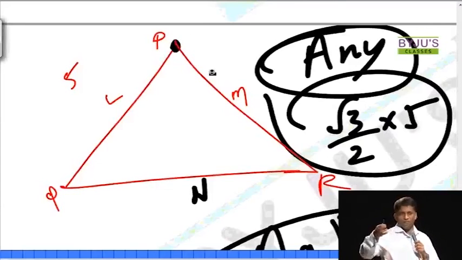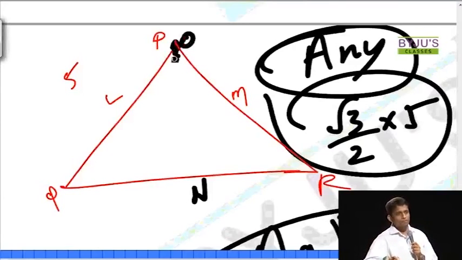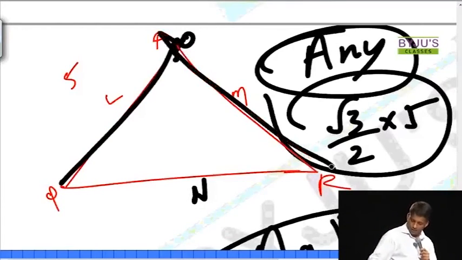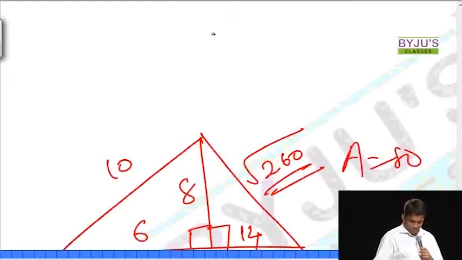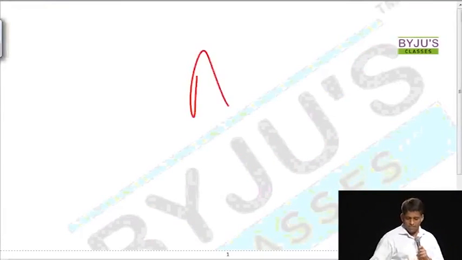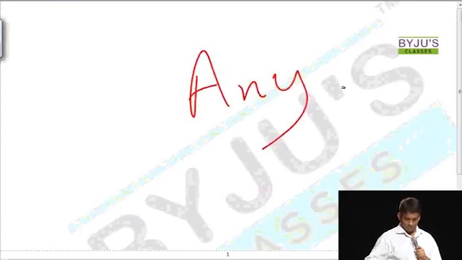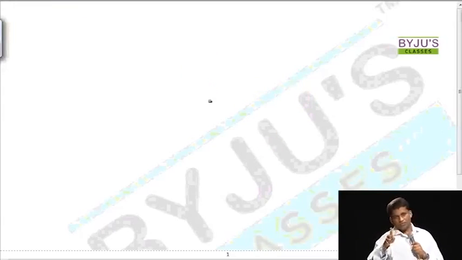You're sitting so far from me. It's not P equal to O, it's infinitely close to O. That is why the answer is infinitely close to 0, infinitely close to 0, and infinitely close to root 3 by 2 into 5. So we'll mark the answer as root 3 by 2 into 5. I agree it's a compromise, but that's what is required. Okay, so that's an easy question, but a flexible question. And both are one and the same. Flexible means easy.